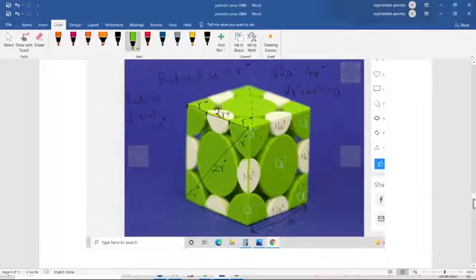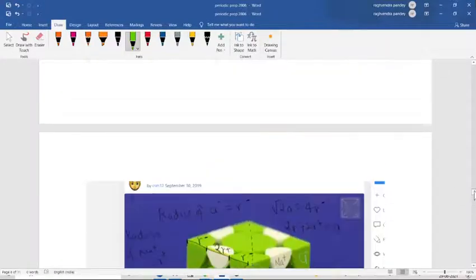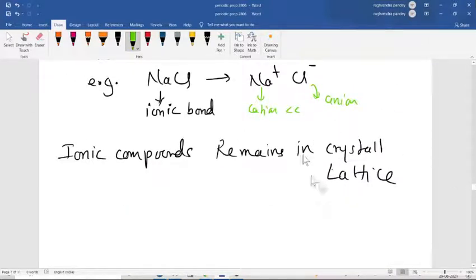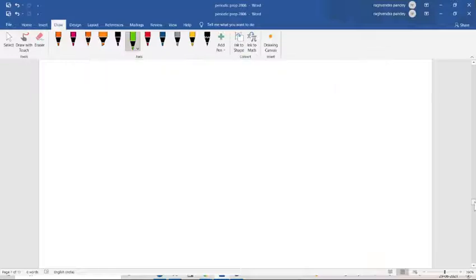Here you can see how we measure the anion and cation distance. We measure the edge length of the cube. Edge length is A. Everybody can see the A which is written here. Every edge is A here. So we can measure the anion and cation radius and all that. This measurement is in 12th class, so I am not going into this measurement here. But we can measure the cation and the anion radius. Now let's go to that.